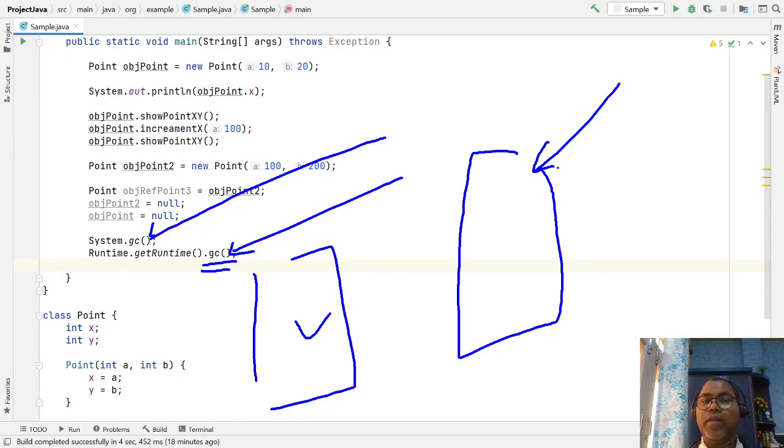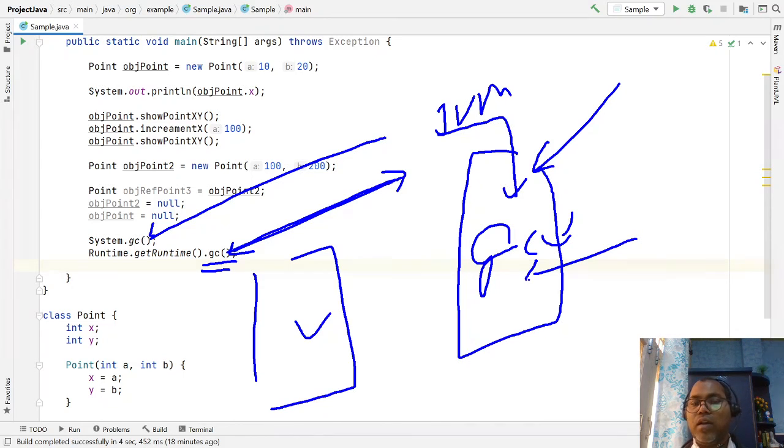As a developer, you can request the JVM: I want to run the GC, I want to start the GC. But whenever a developer invokes this method, the JVM cannot necessarily run your GC at that moment.